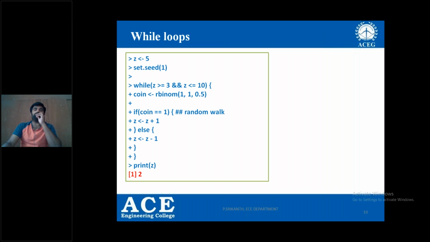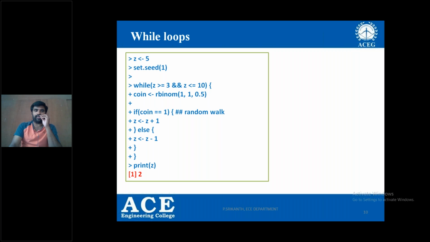Another example here. Z is assigned with value 5. Here the logical AND operation is used. The condition Z greater than or equal to 3 and Z less than or equal to 10 is given in the while loop. Again in the while loop, I am using if else. A simple code is written here.